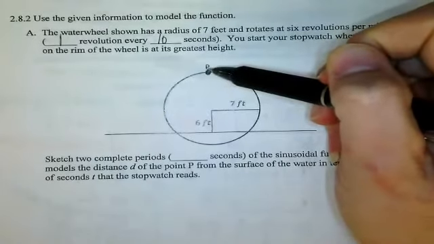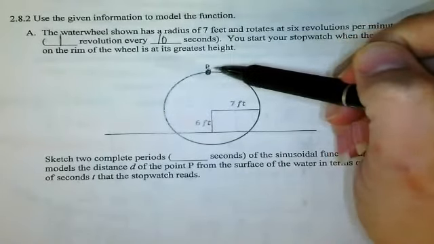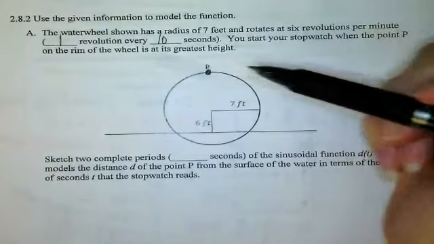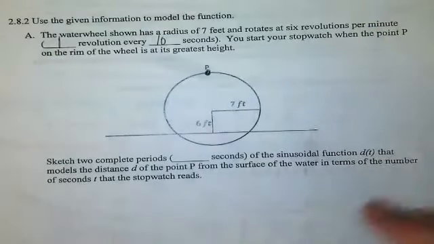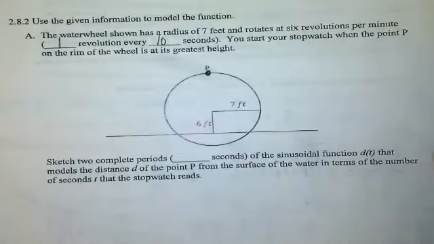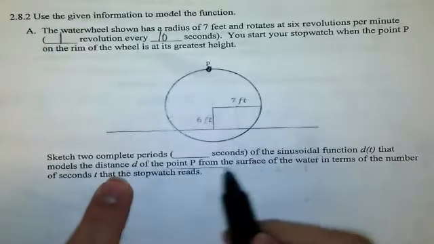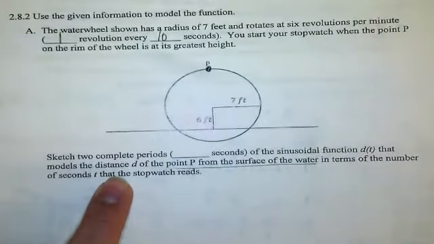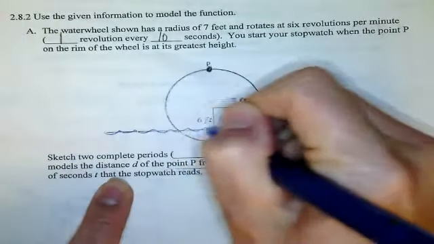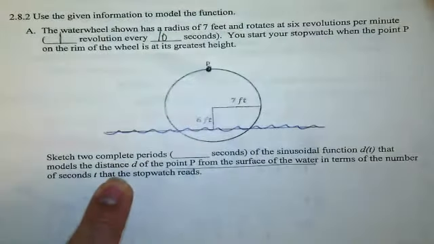And right at this point, we're going to start our stopwatch. We want to sketch 2 complete periods of the sinusoidal function that models the distance of point P from the surface of the water. So this is a water wheel, and you can see this line represents the water level